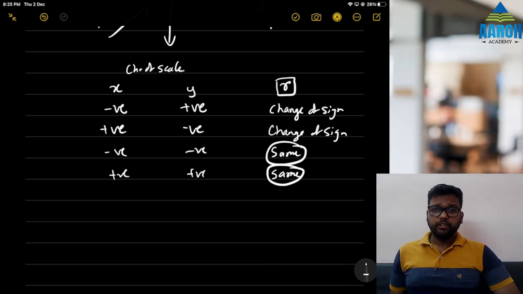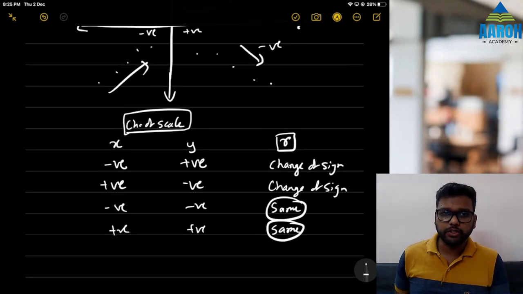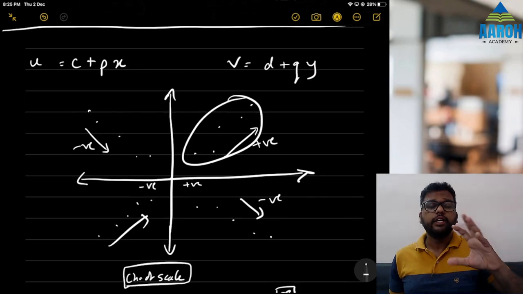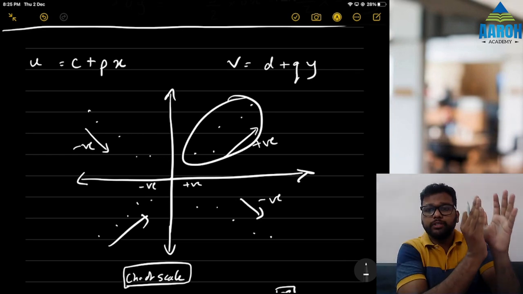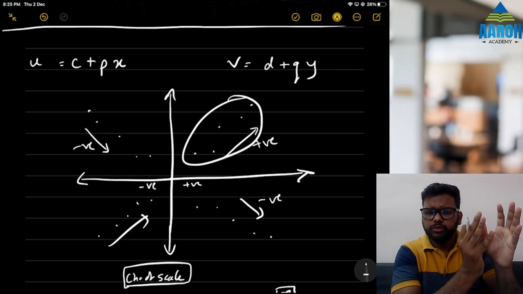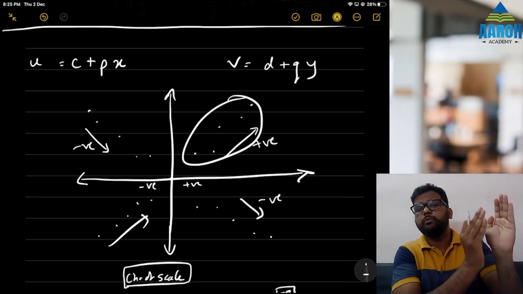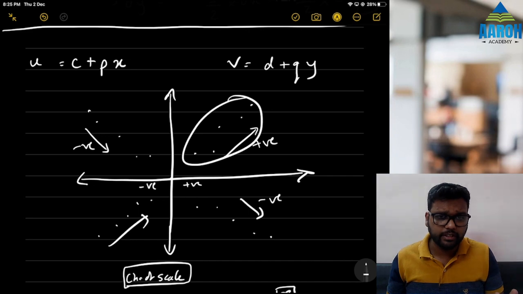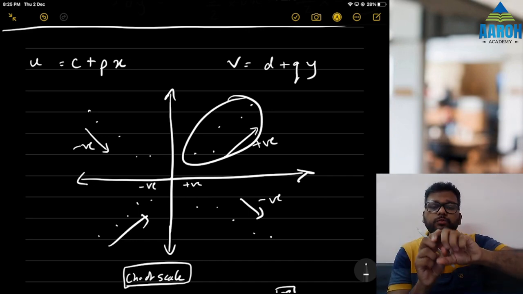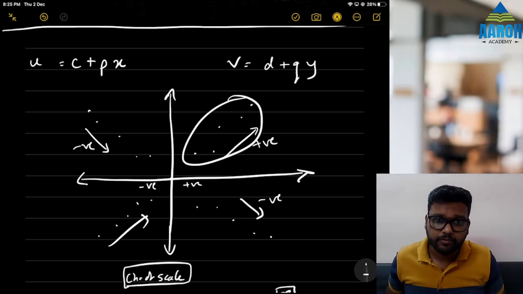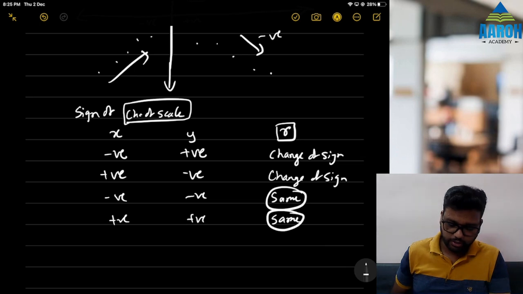Just understand, correlation coefficient is only affected by change of scale, not by change of origin. Why? Logically think, if we change origin, that means we are shifting them to some other place. If we just shift them, we are not changing any correlation between them. Their shape is still going to be the same. So it is not affected by change of origin. It is not affected by the value of change of scale. Whether it is zoomed in or zoomed out does not matter. Correlation is still going to be the same. But it is affected by the sign of change of scale.